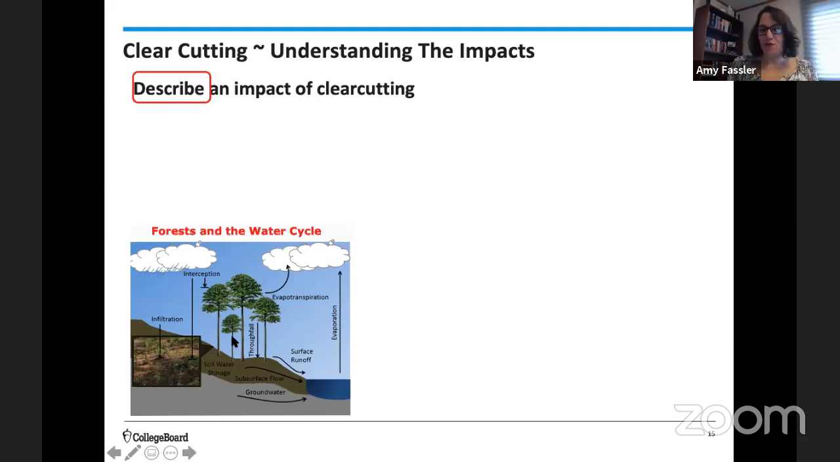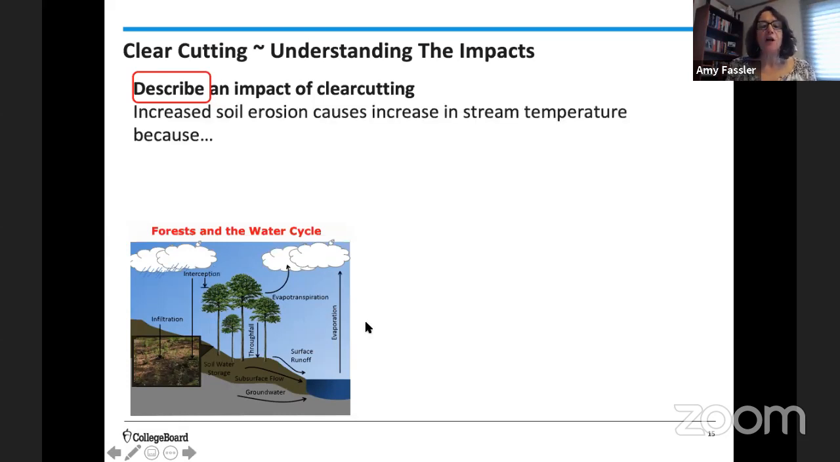And a couple of those really integrate the idea of how forests and the water cycle connect together. So if I increase soil erosion, I could have an increase in stream temperature because those soil particles trap heat. When the sun shines on that stream, after that water has run downhill from that area I clear cut, if there's a lot of solid particulate soil in there, when sun strikes that surface of that water, instead of being able to penetrate,